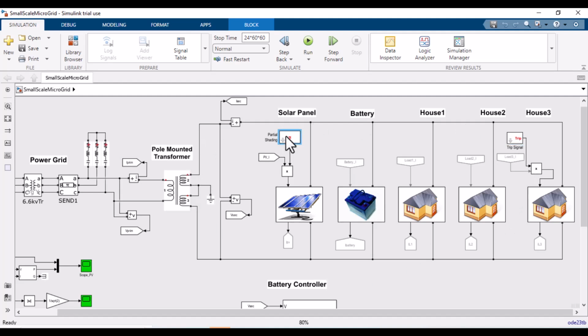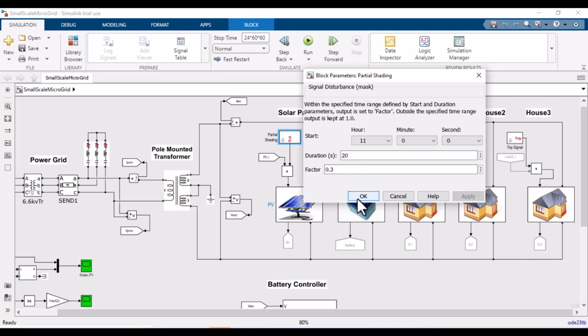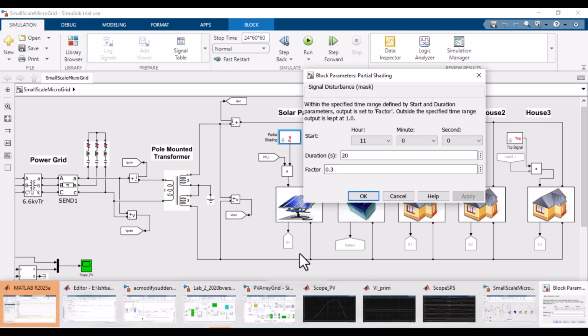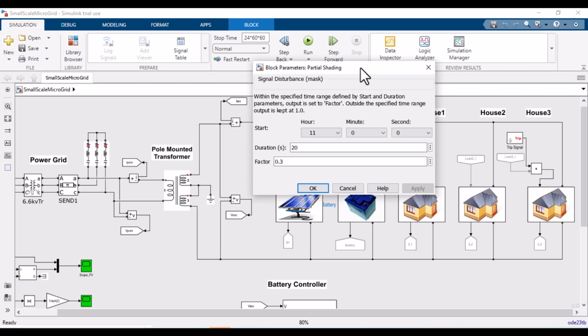There is a partial shading on. Yes. Do you understand me? All right. So